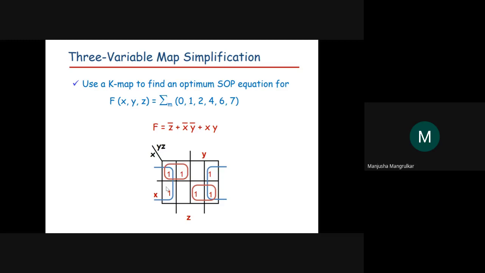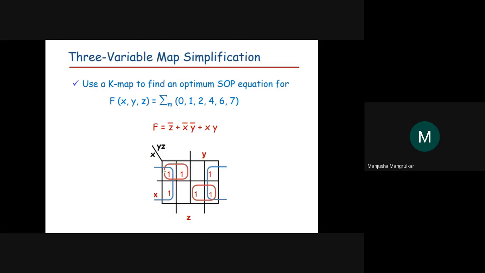One more example, we can see 0 1 2 4 5 6 and 7, right? This is 0 1 2 4 6 and 7. We'll put the values there. See the maximum possible four cell grouping. If the corner is there, so this is a four cell grouping, right? This is 2 and this is 2. This is not adjacent with anyone. If we do this two and this two, your equation is not minimized.